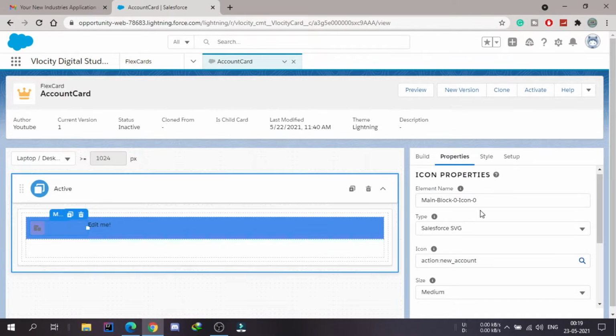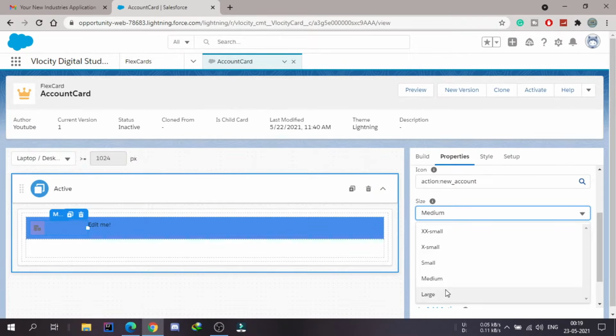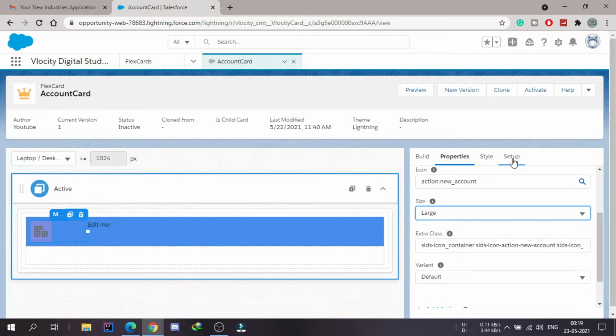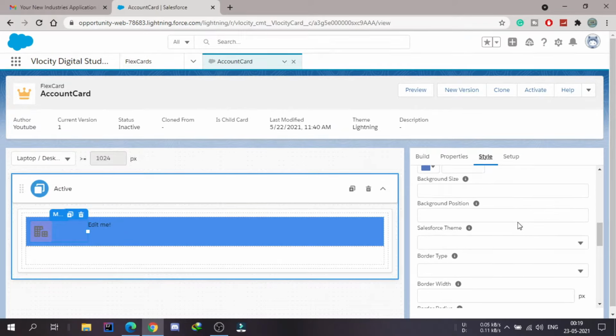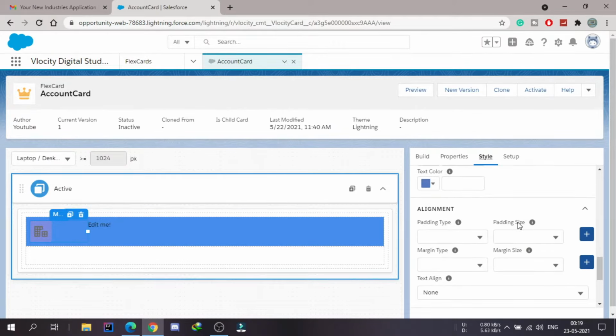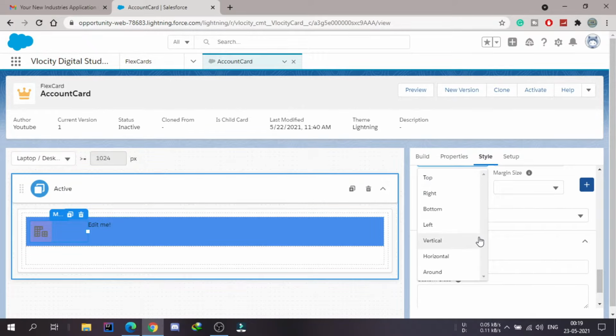It is like this, and I can even increase the size of the icon. I will make it large. Let's style it a bit by going to the style, and I need to find some padding. So padding is basically to provide some inner space. So I will use around,